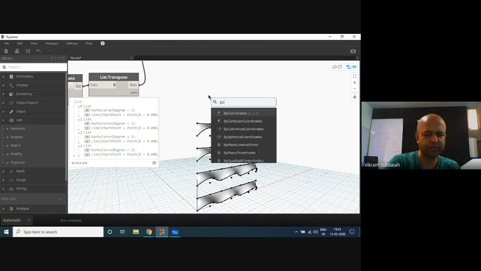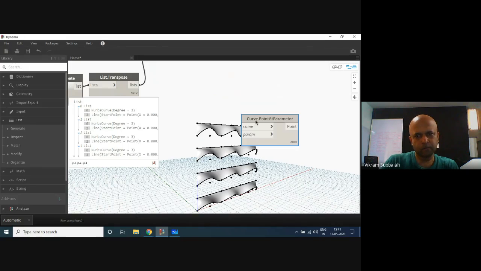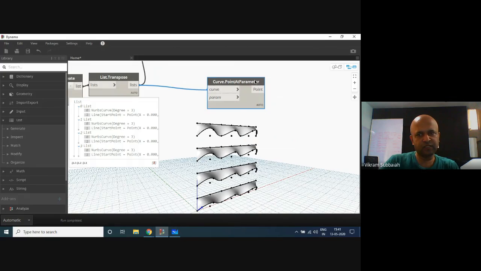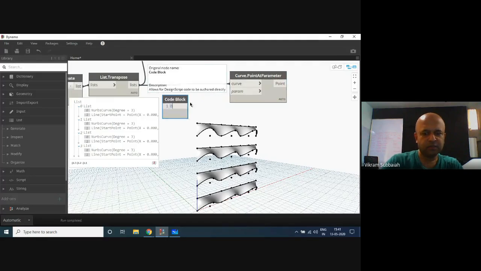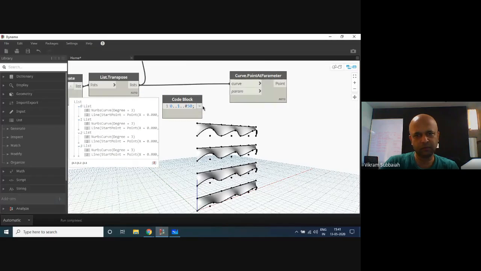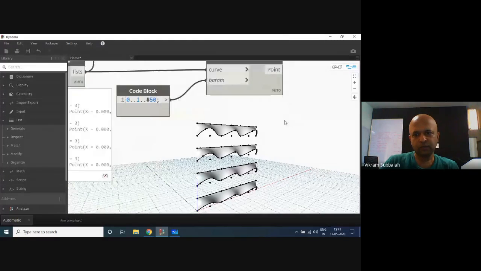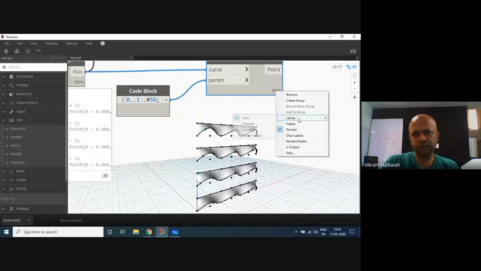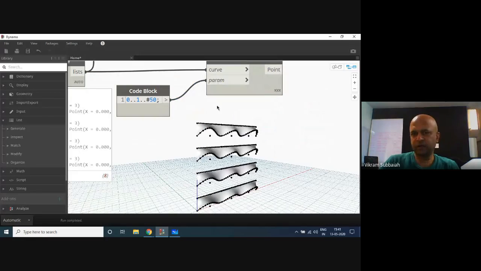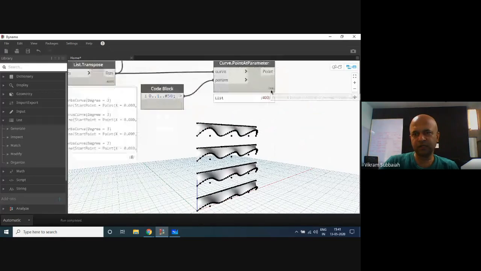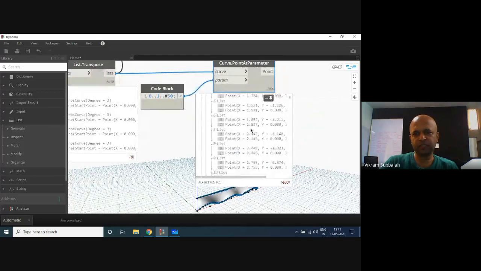You can say point at parameter. Okay, we take all these things here. We say 0 dot dot 1 dot dot, say number. Let's say for now simply we'll say 50. Do that, and then I should say cross product. Now we'll have groupings of each thing, each point basically here.